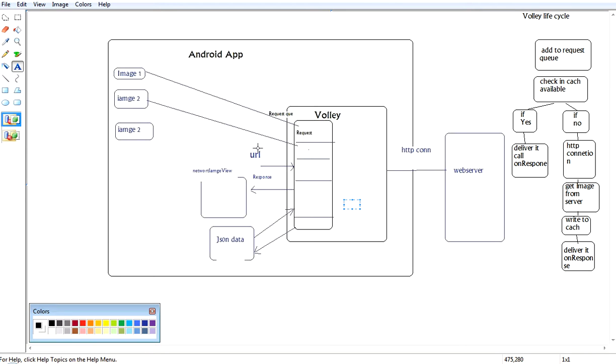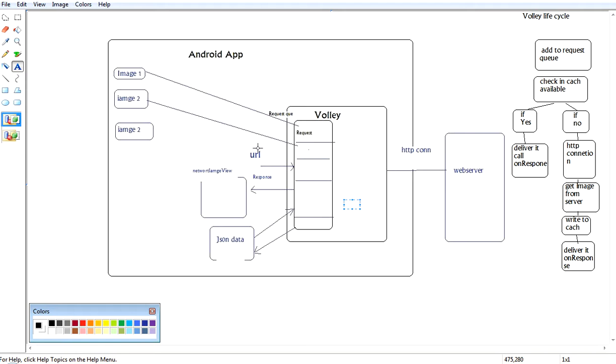Like this, if we have 10 requests, we make 10 async tasks. Normally async tasks run sequentially, and to make them run in parallel we run them with the thread pool executor. These are all things we do for getting the image from the web server. Now it is made simple. Make a request, add it to the request queue, and get the response back